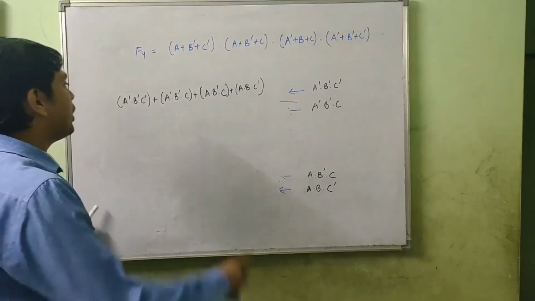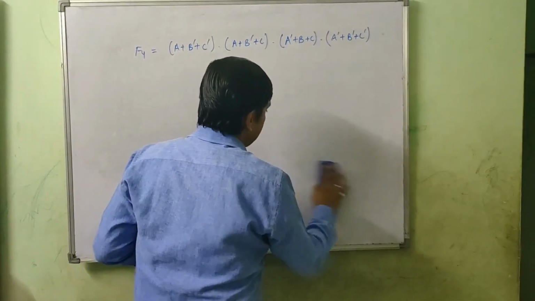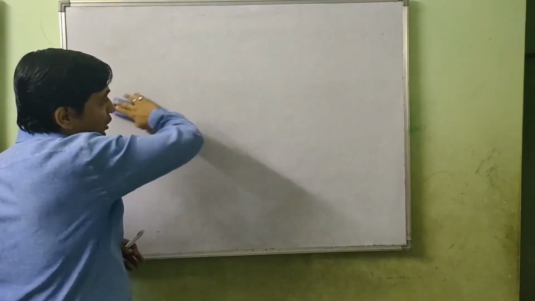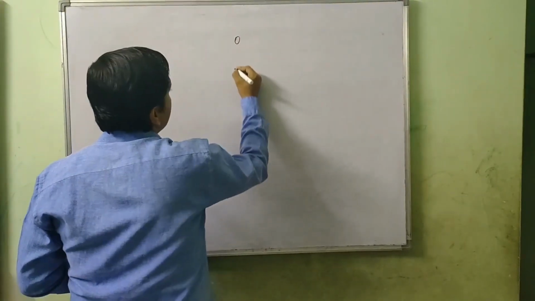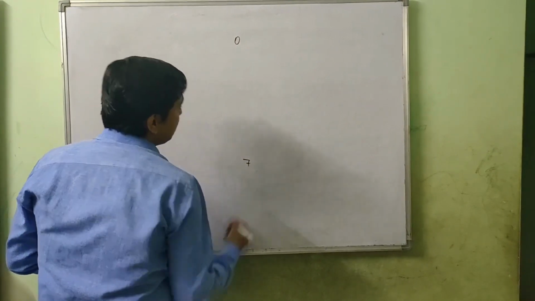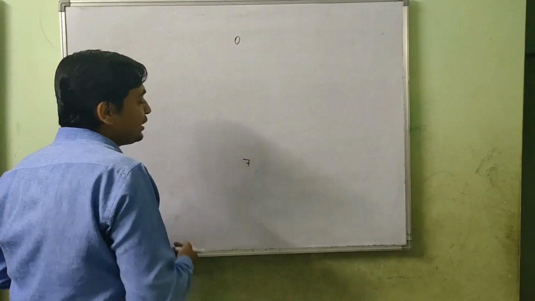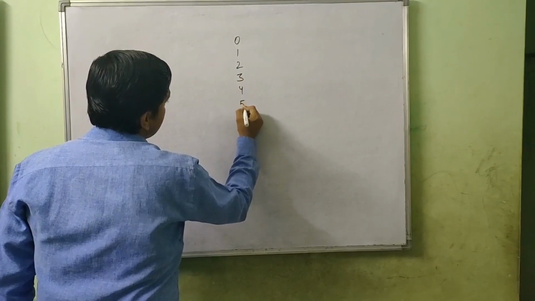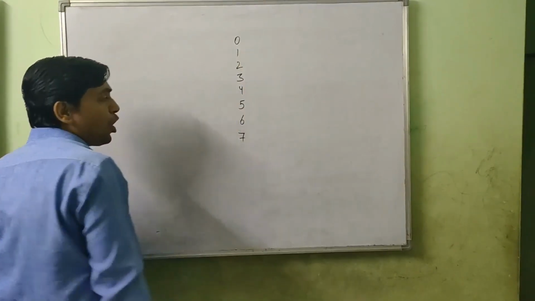As I told you, decoder is used to convert the given binary number into any other format. For example, a binary into an octal. So what are the different octal numbers? Do you know? The smallest octal digit is 0, the largest octal digit is 7. So the rest of the octal digits are 1, 2, 3, 4, 5, 6. Okay. So there are 8 octal digits.